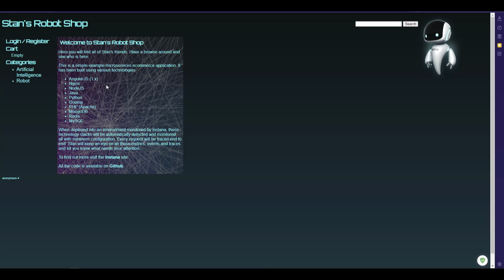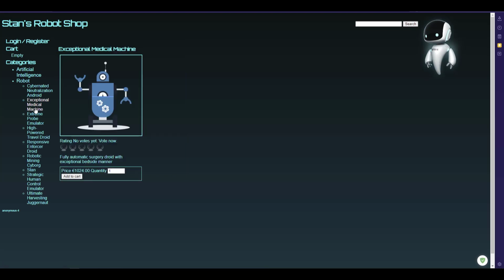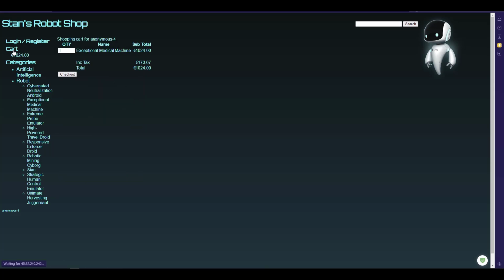This robot shop is a fictional shop where you can just browse for the robots and place the order. Now let us expand these categories, click on some random products, add to cart, go to the cart, and check out the product. Here you have to select the country and enter the city name, and it will automatically pop up. Select the right city, click on calculate and then confirm. If you click on pay now, you will get the order ID. So, a very typical flow.